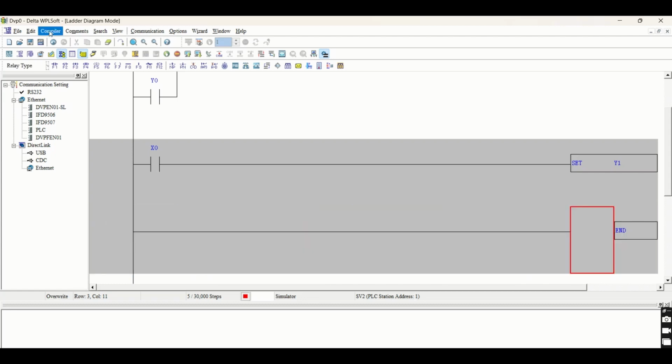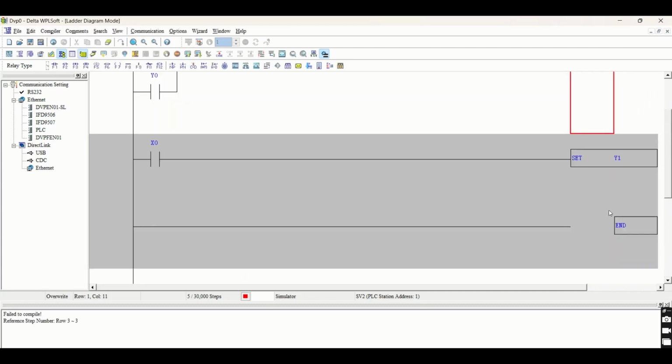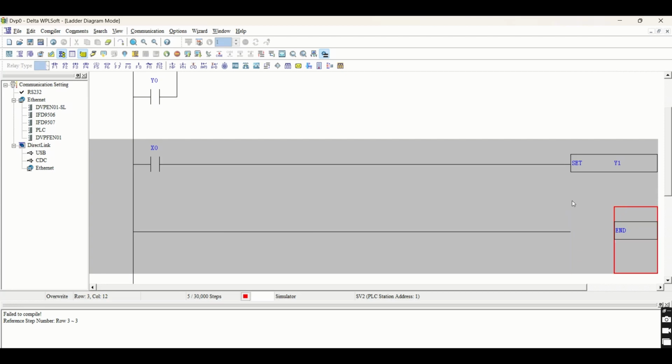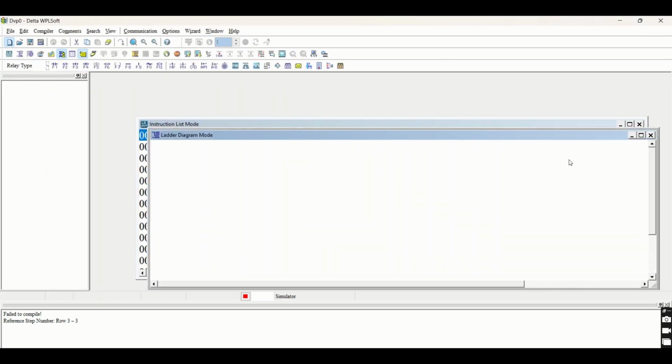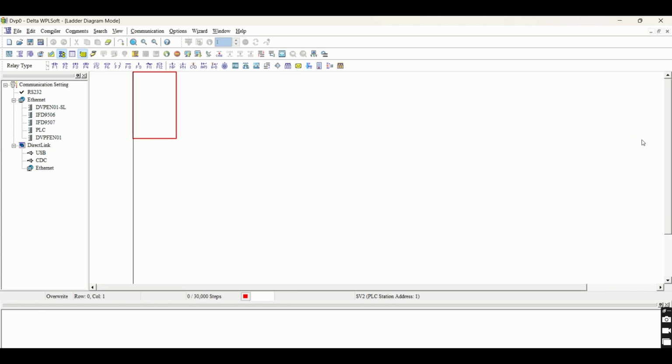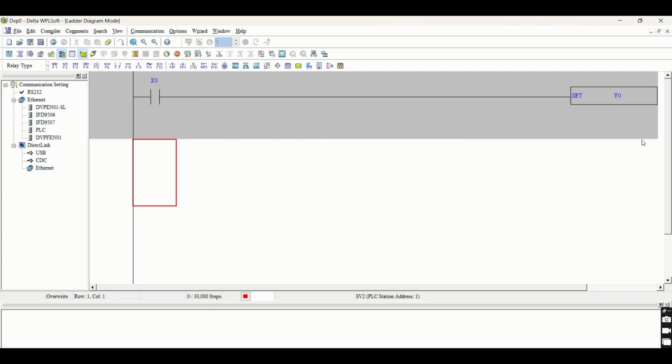Now let's compile it and see how it is working. Don't worry, let's start with a new project. Actually, it makes this program very messy, not messy, but it doesn't look good. So what I'm doing is using LD X0 to latch an output Y0. Okay, so go to simulation,